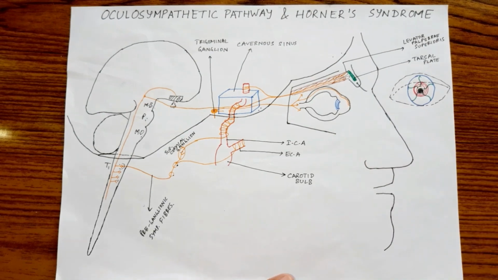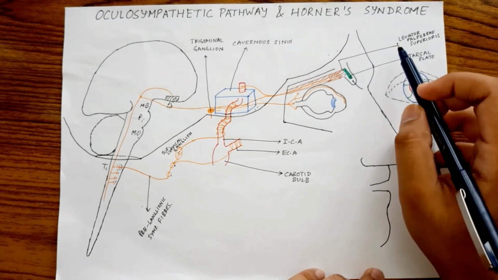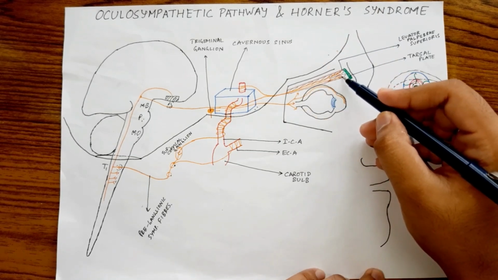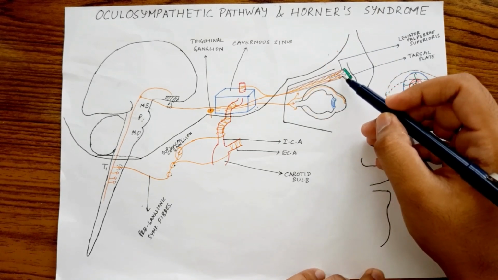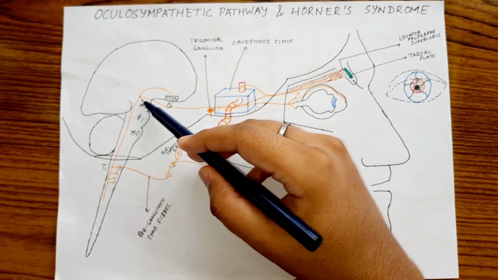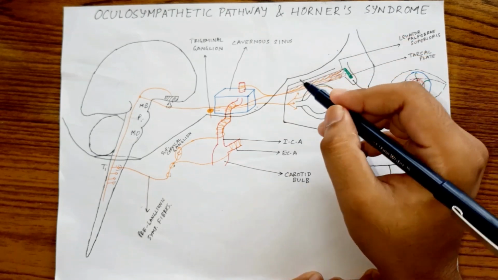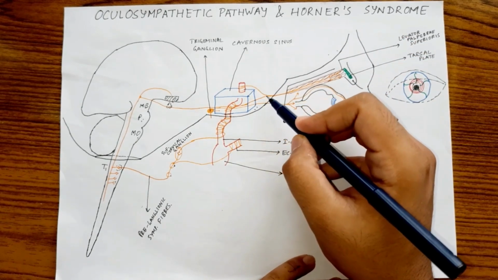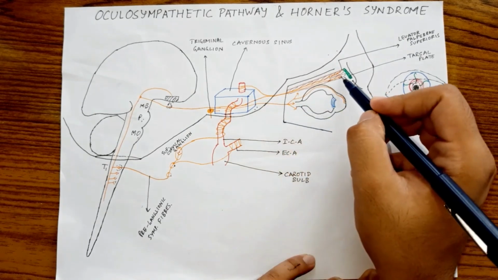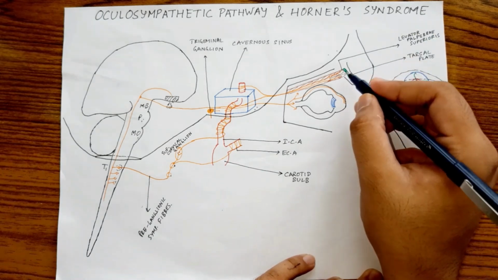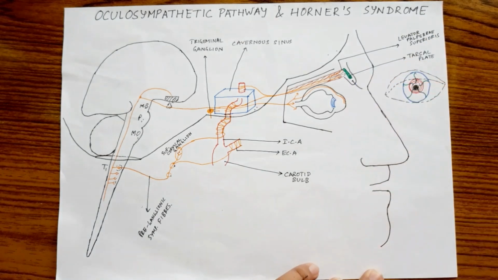the iris. The levator palpebrae superioris muscle consists of two parts, the voluntary part and an involuntary part. The involuntary part is called the muscle of Muller. The voluntary part is supplied by the oculomotor nerve that arises from the midbrain, and the fibers jump from the internal carotid artery to join the oculomotor nerve to supply the involuntary part of the levator palpebrae superioris muscle, that is the muscle of Muller.